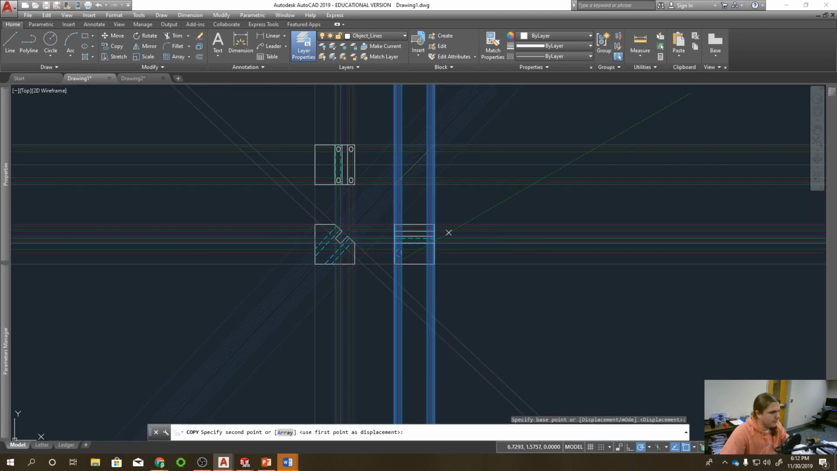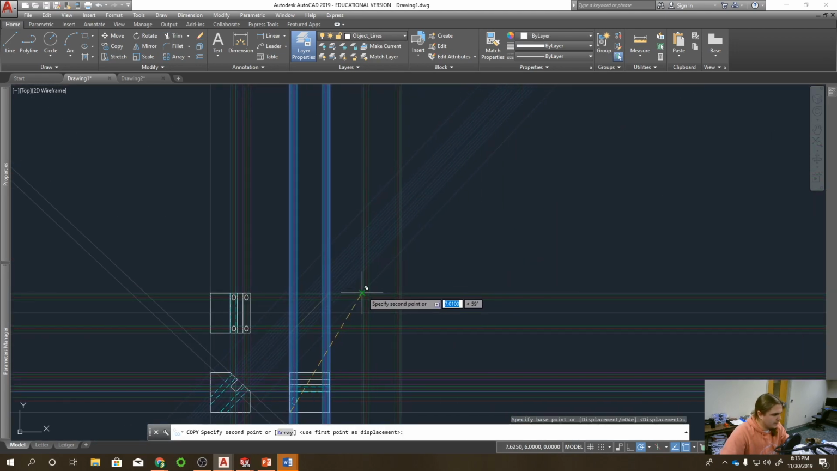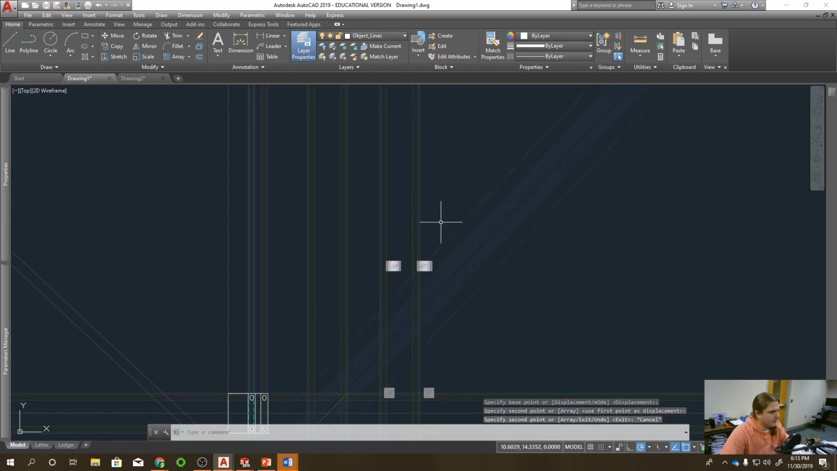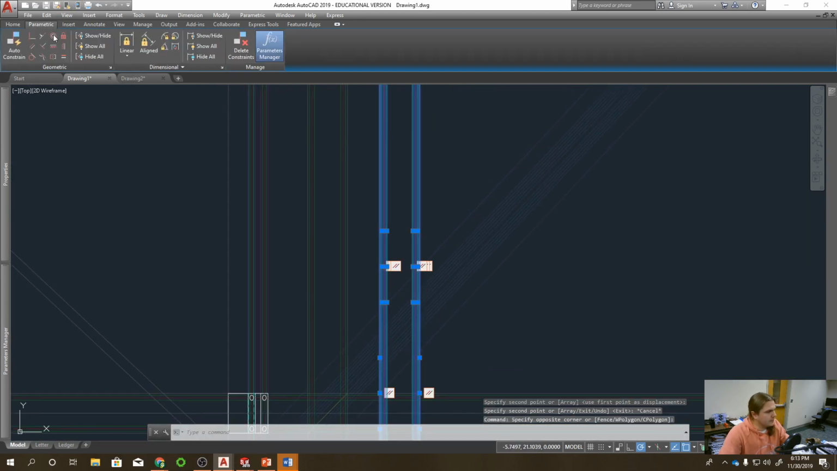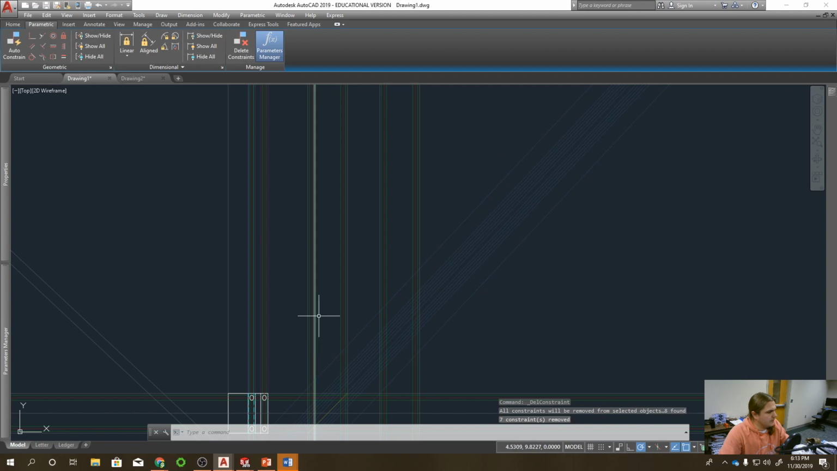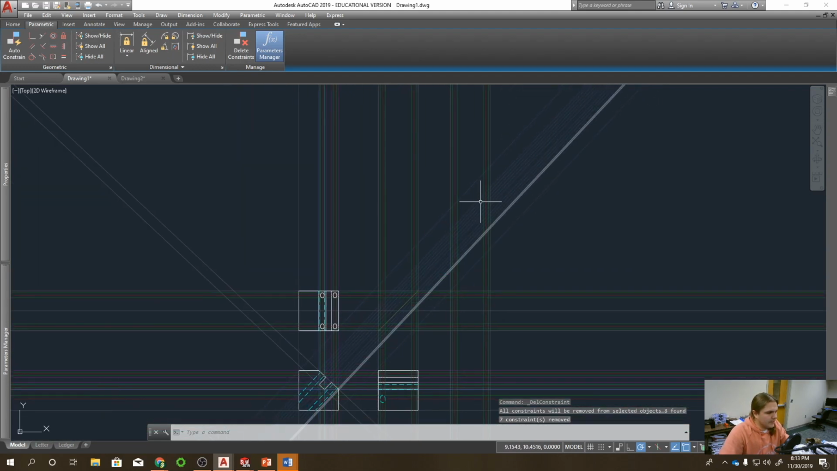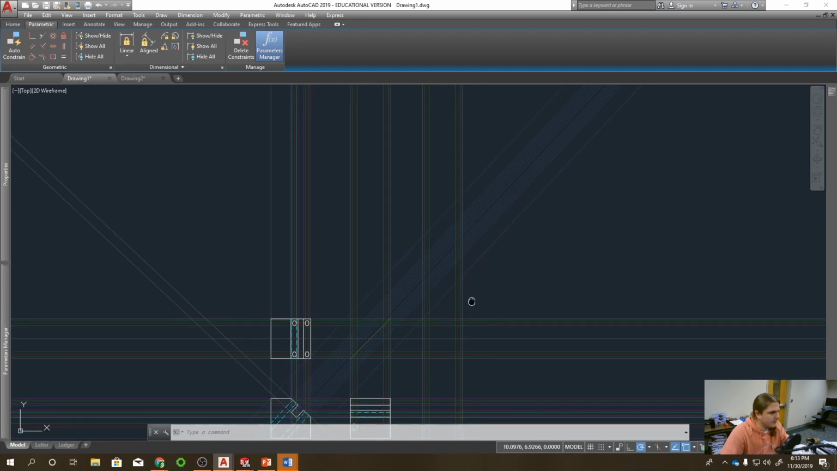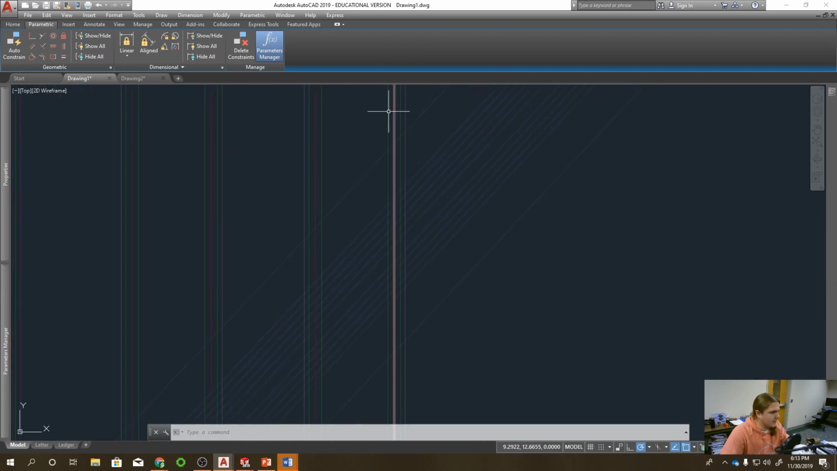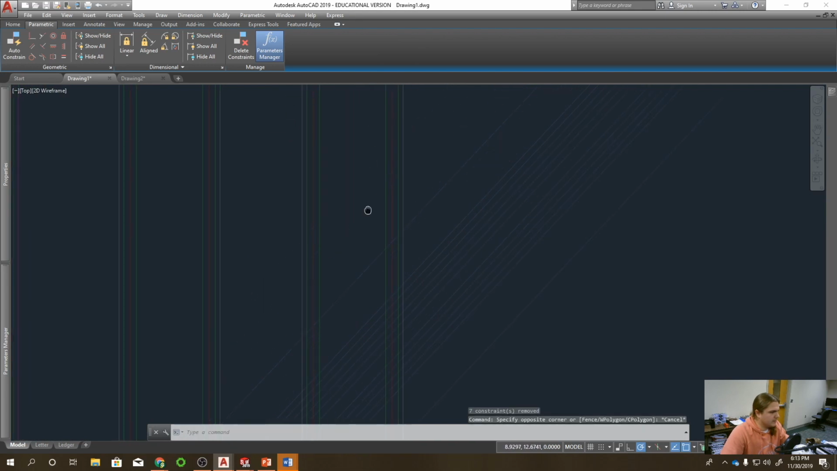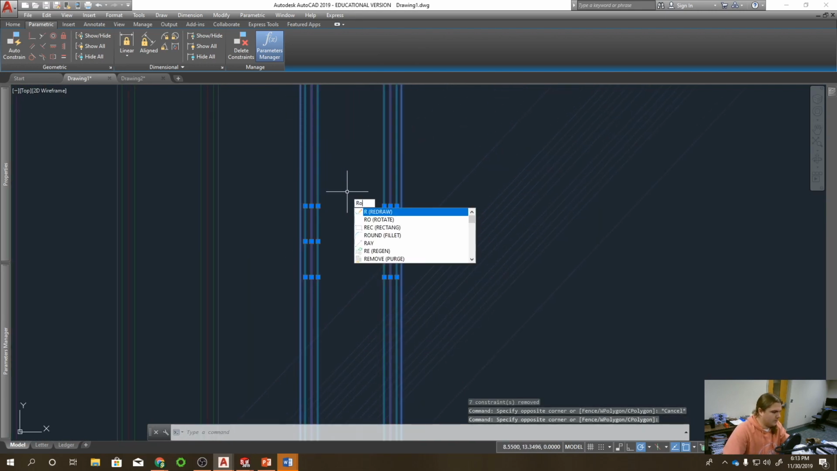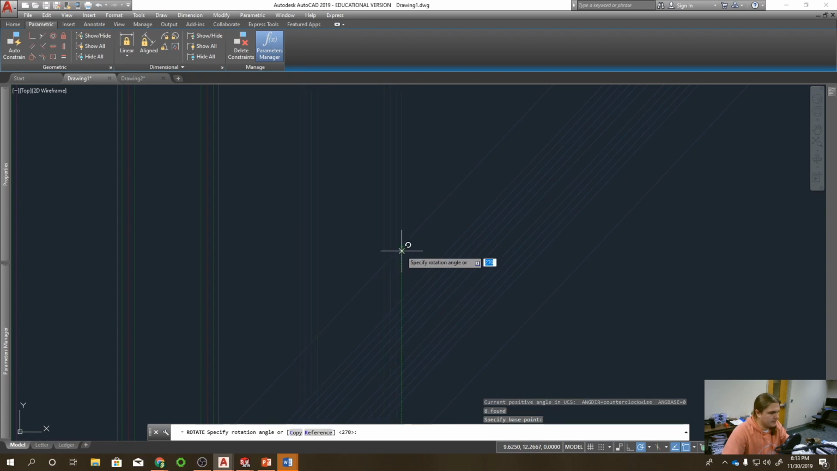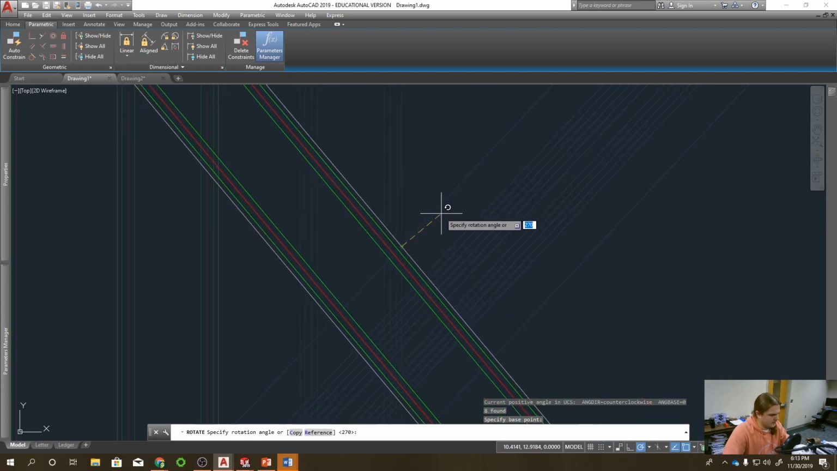Get myself a base point, and it doesn't really matter where I put it. I'm just going to plop it here. It's got some constraints on it, which I'm going to kill. And now I just need to rotate it so that these lines here are perpendicular with the projected lines from that inclined plane. So selecting a base point, or I'm going to quick select them all, rotate, base point, and